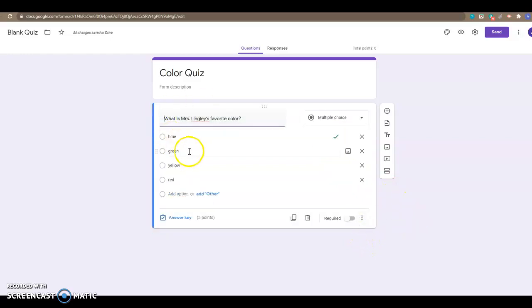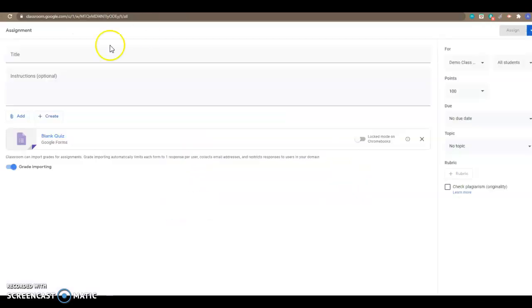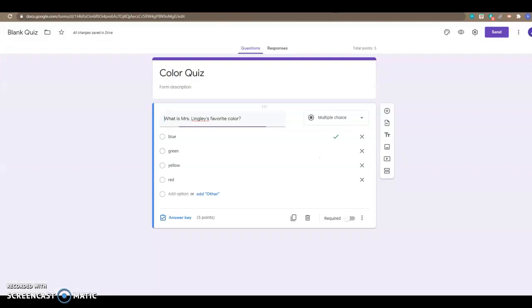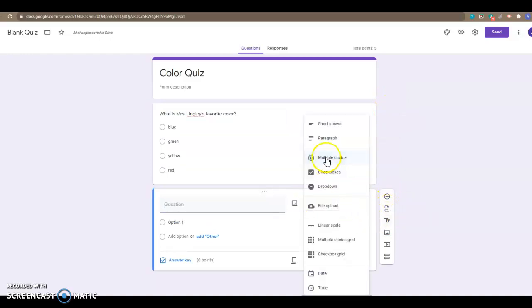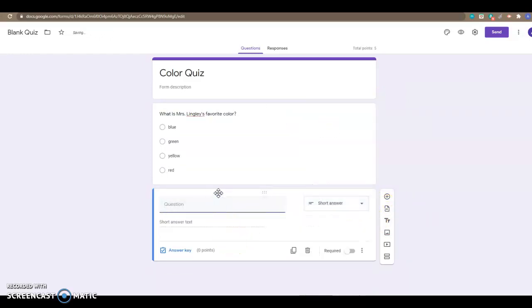Okay. Now that this is created, all you have to do is go back here, and you will do favorite colors quiz. Okay. You can put your instructions in. I should also say that you can add different types of questions. So if you don't want it to be all multiple choice, you could have it be short answer, and it could be